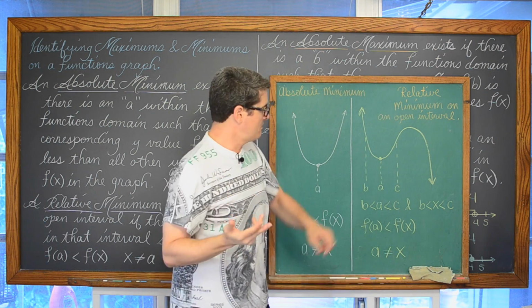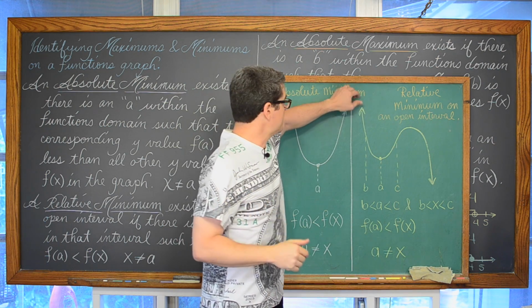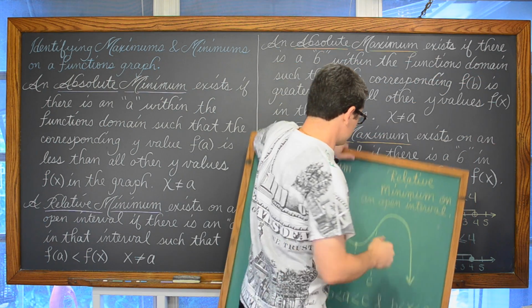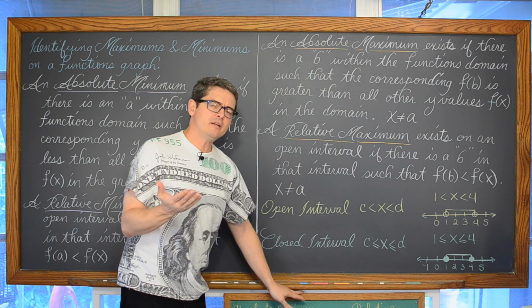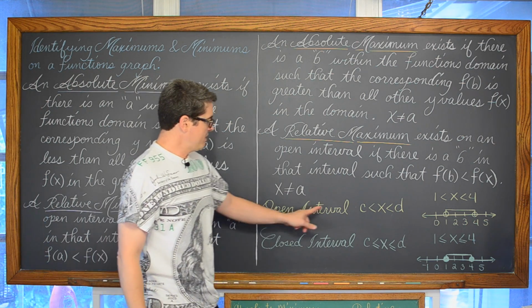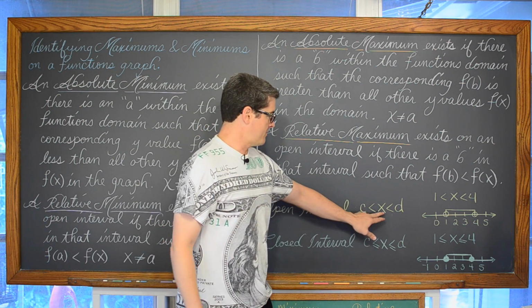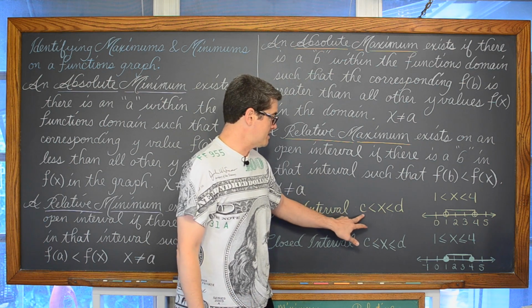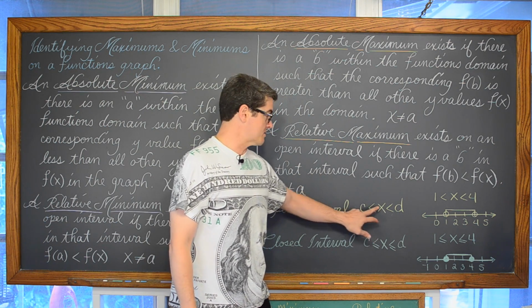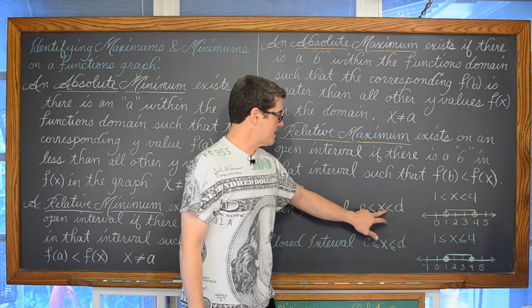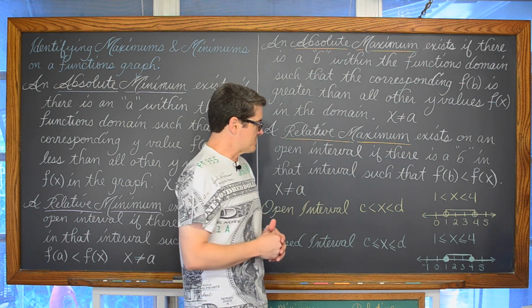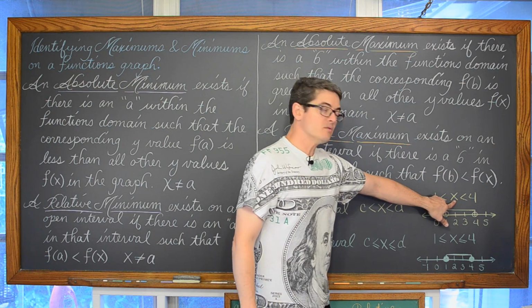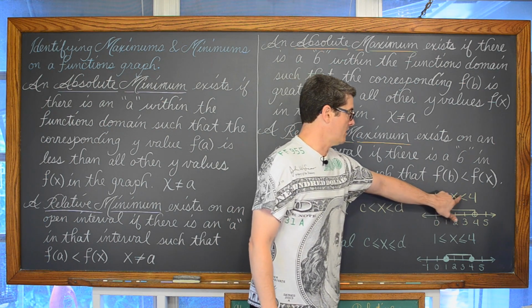Okay, well, maybe you have either not learned or have forgotten what an open and closed interval is. So let me get this out of the way. Remember graphing inequalities on a number line? An open interval is some kind of example where we have, in this case I have written that c is less than x, or x is greater than c. And then that x is also less than d. So to put some numbers to it, here's an open interval. Here's an x which is greater than 1 and less than 4.